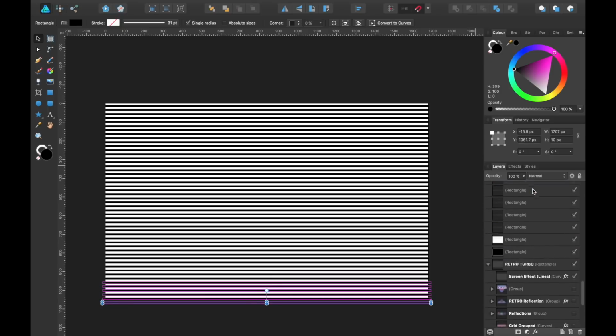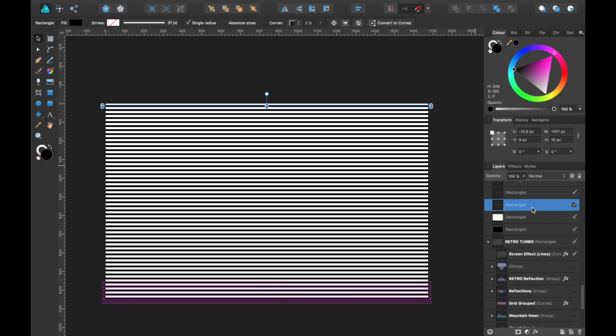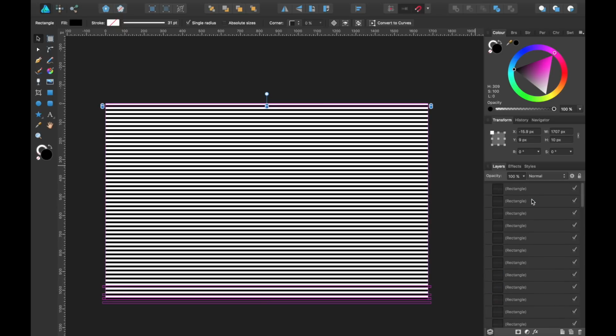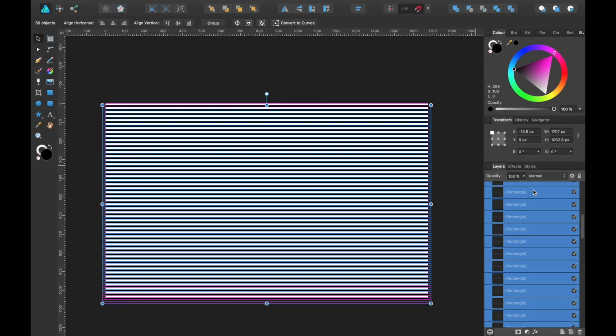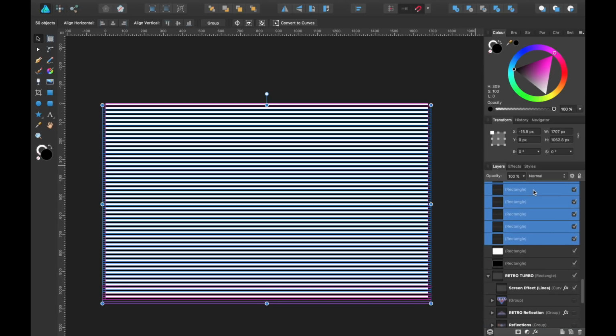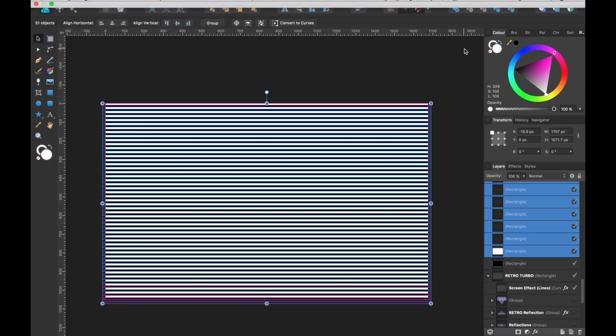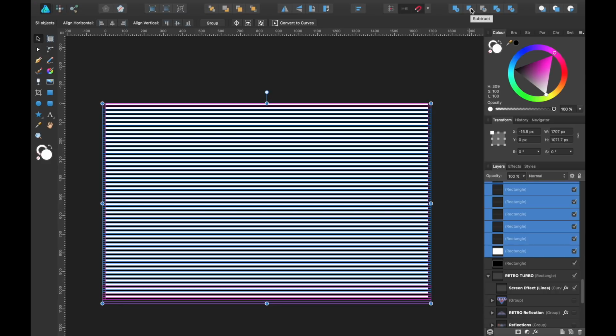Let's go ahead and group all those lines together. Okay, so we're going to select all of those lines, and we're also going to select that white box we made previously. Now we're going to press Subtract.